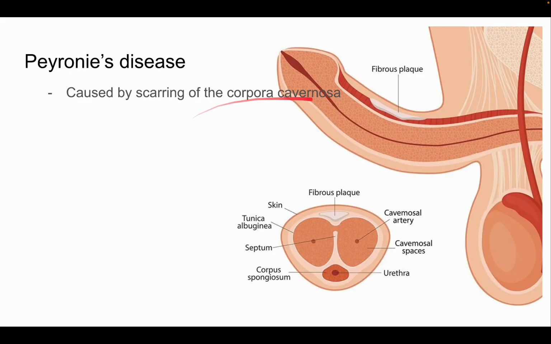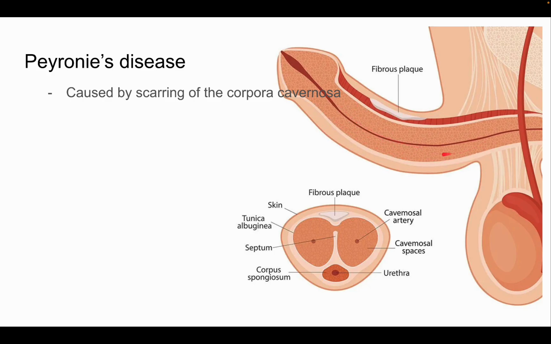Now, Peyronie's disease is very common, caused by the scarring of the corpora cavernosa. It can happen in both circumcised and uncircumcised individuals. And it's caused by fibrous plaque or collagen. Remember, in scarring, you have collagen that replaces the affected tissue. And you can infer that if scar tissue replaces the corpora cavernosa, there are no sinusoids that can be filled with blood. So if this is not filled with blood, then it can't counteract the effects of this